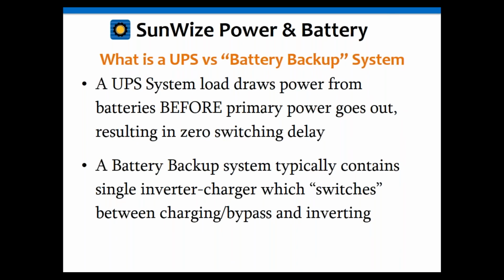For that reason, if the primary power goes out, the load doesn't know. There's no switching delay because the load's always running off the batteries. Now that could be an AC or DC load, so you might have an inverter in there or not. A battery backup usually uses an inverter charger, or an inverter with a bypass switch in it, and